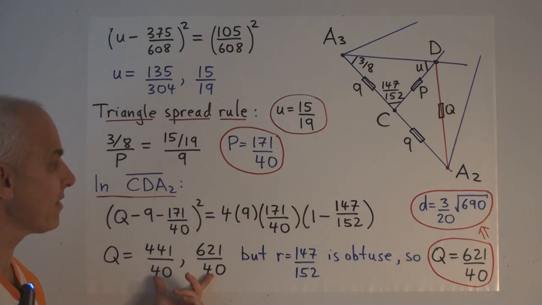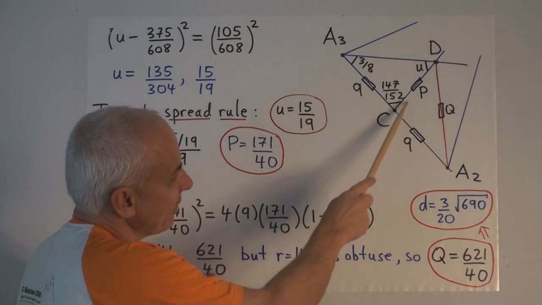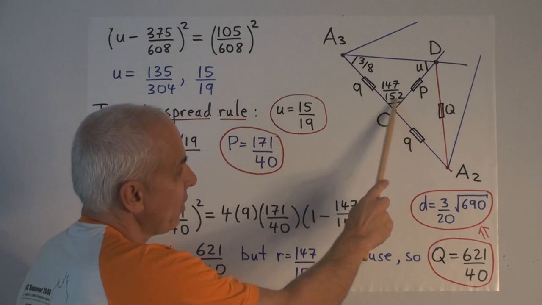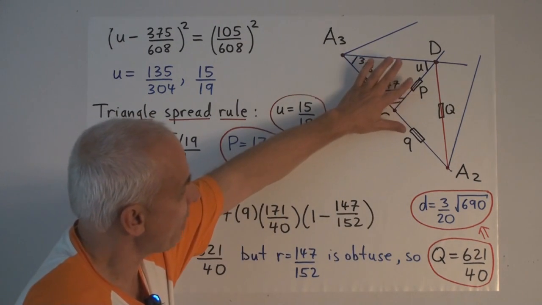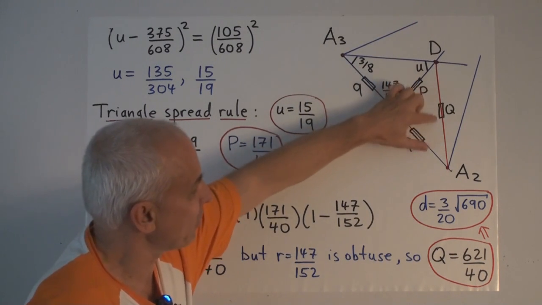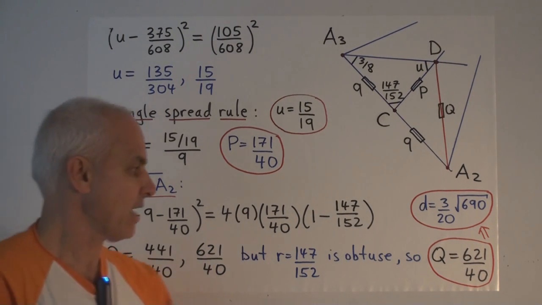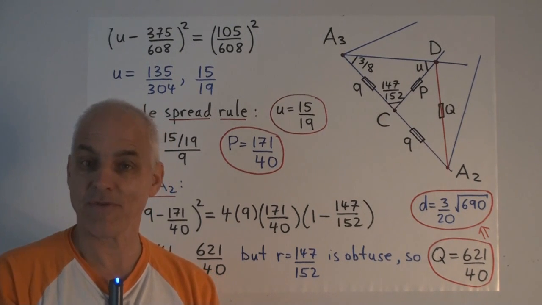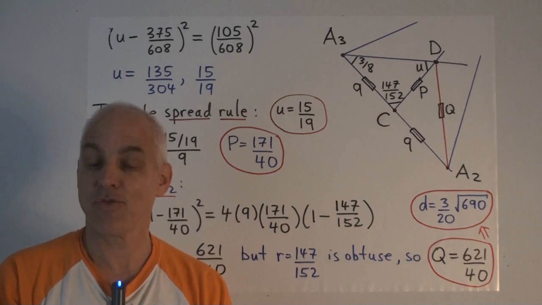And which one do we take? Well, we have to ask ourselves, what about this spread? Is this sector on this side obtuse? Yes, it is, because we've already noted that this one is acute. So this one's going to be obtuse. So there's two possibilities, and we need to take the bigger possibility for q. The bigger possibility is this one right here. And so that's the final answer for q. That's the quadrance of the segment that we're looking for, and its square root is the distance.